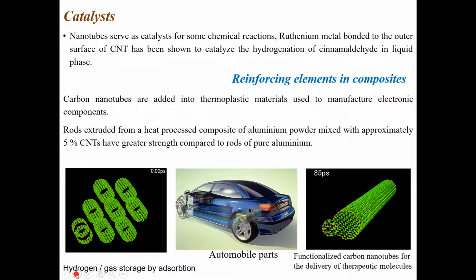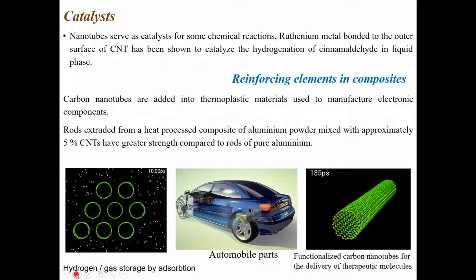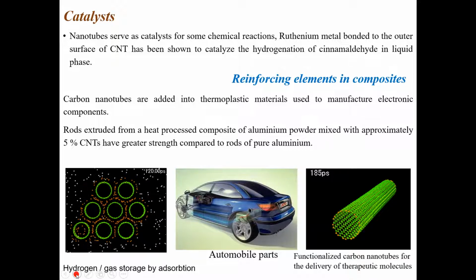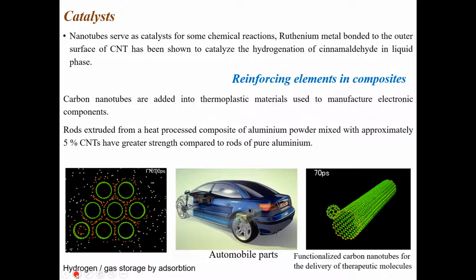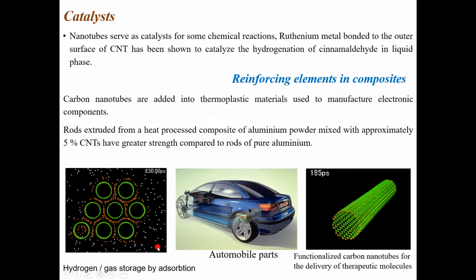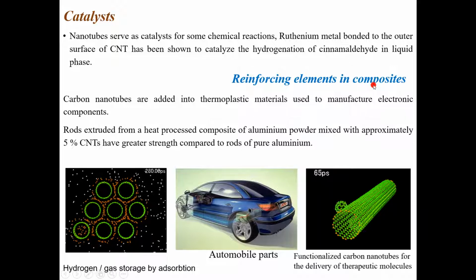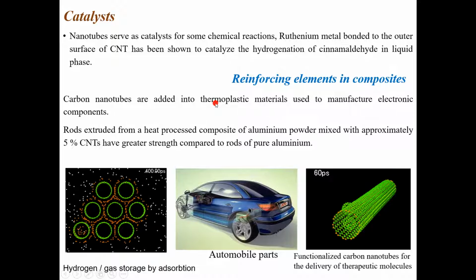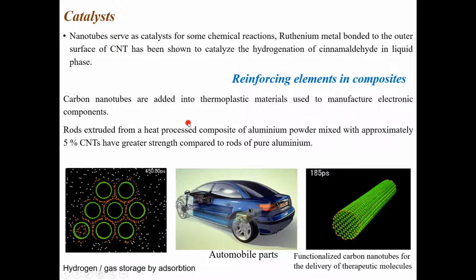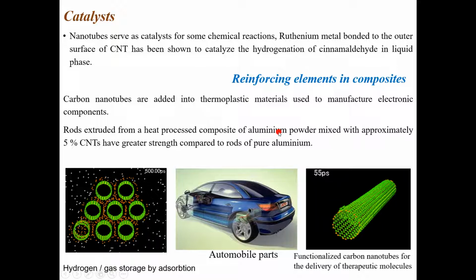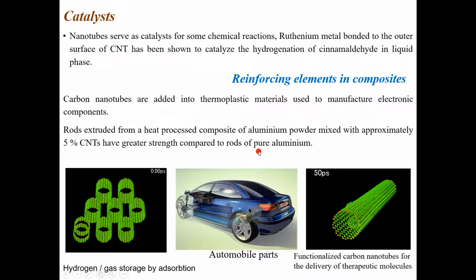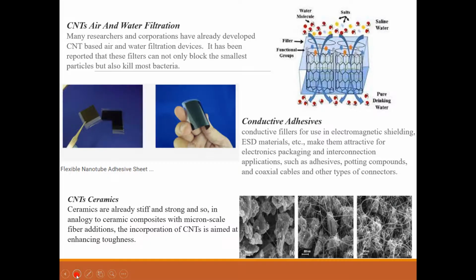Plastics are nowadays used. Catalyst. Many reactions are carried out using CNT catalyst, hydrogenation, and everything. Reactions which were not possible using a normal catalyst are now possible because of CNT when they are used as catalyst. Composite materials can be made by reinforcing CNTs into plastics, modifying it. More applications you have. For example, aluminium is mixed with CNT, and you have aluminium which has more strength compared to pure aluminium.